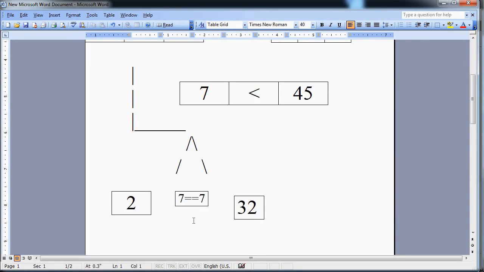And what if this had been another number and was not equal to the expected number? In that case the system will again check whether the number is greater than or less than the expected number, and the same process will go on. So let's see how this works in the case of programs.